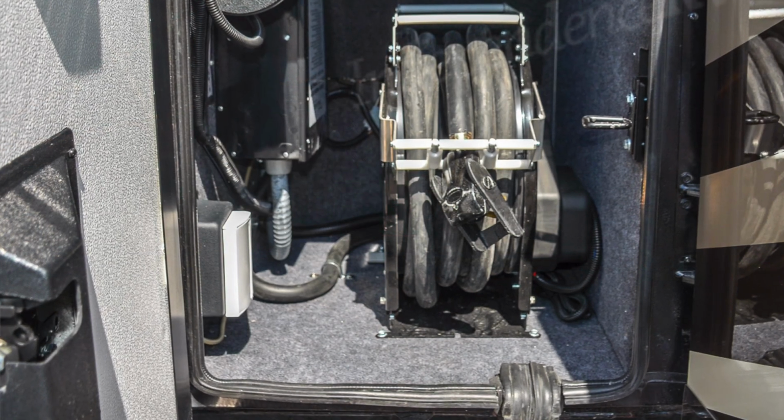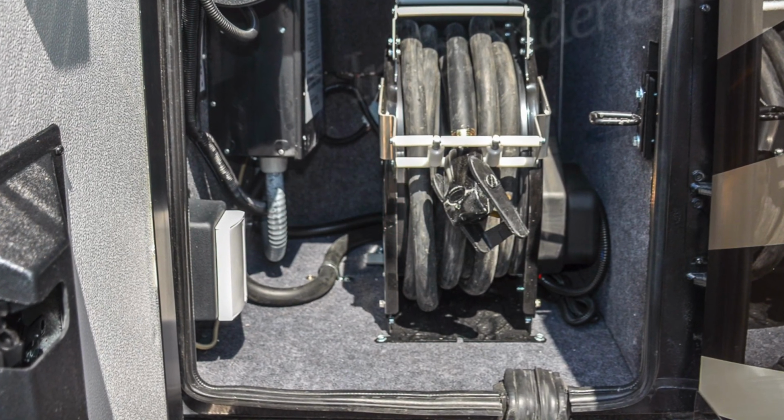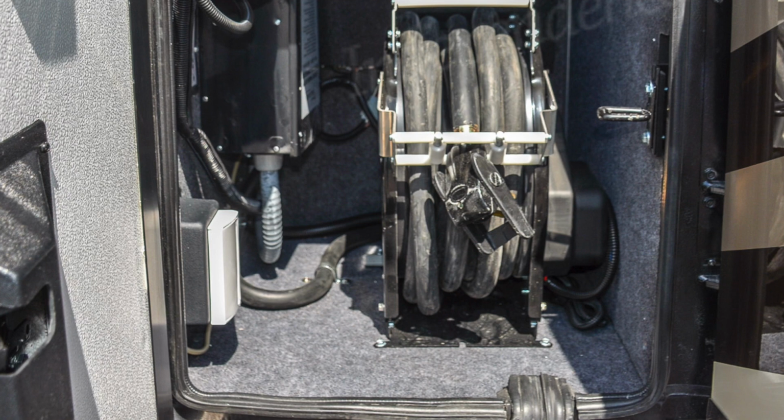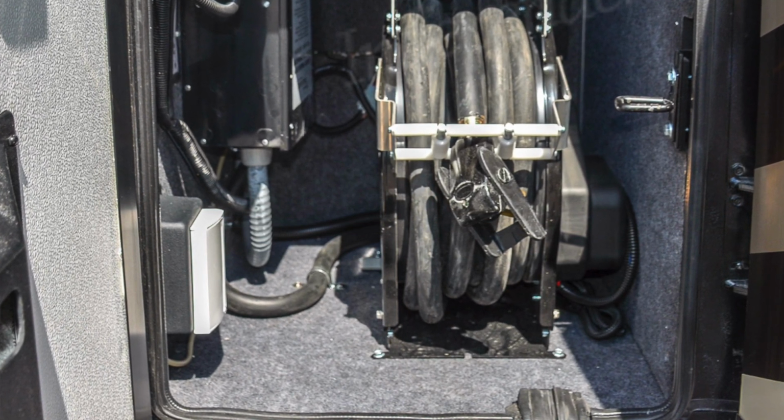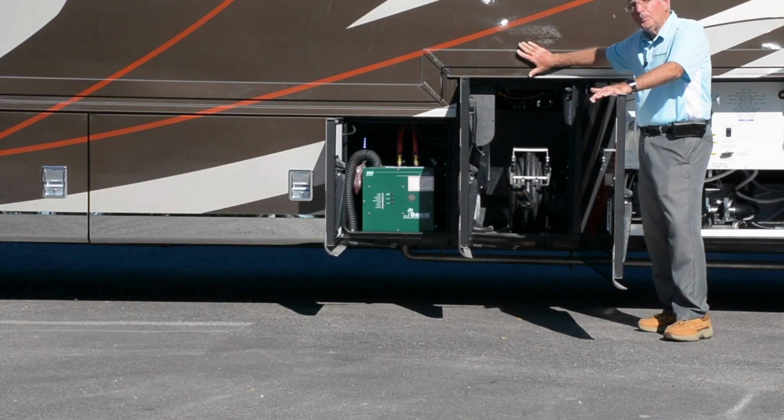to it, the Surge Guard transfer switch. The additional benefit of this transfer switch, it also offers power protection. So when you're in campgrounds and there's lightning storms or poor power, it will protect the electronics and the appliances